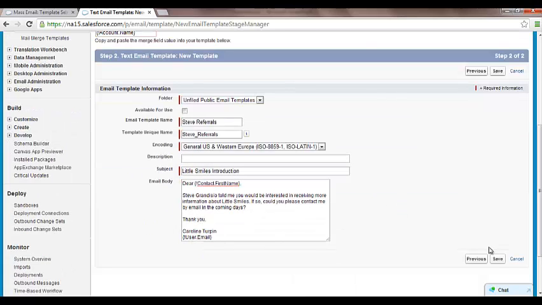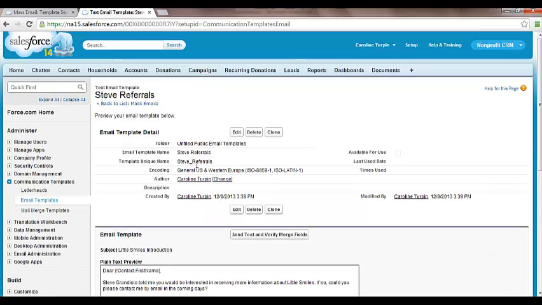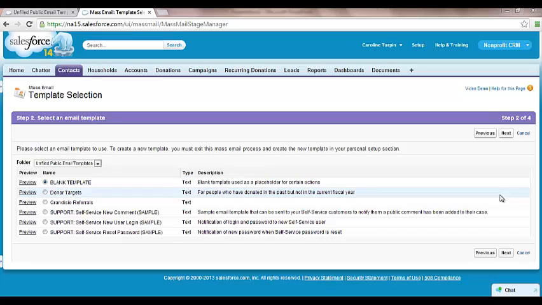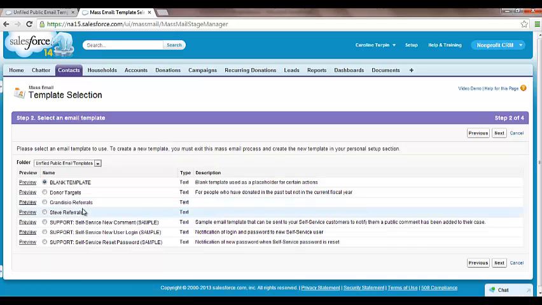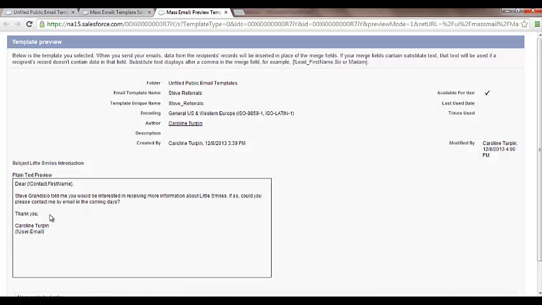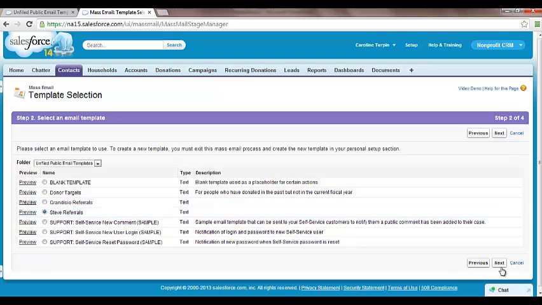So we're going to go ahead and save this. So we have a new email template called Steve Referrals. So if we want to use that template that we just created, you'll notice that in this email template selection it's not there, but if we click refresh, we see that Steve Referrals is now a new option for an email template. So we click on that and then we click preview. We can see this is the template that we set up under setup. Now we can go back here, and if we go to next,